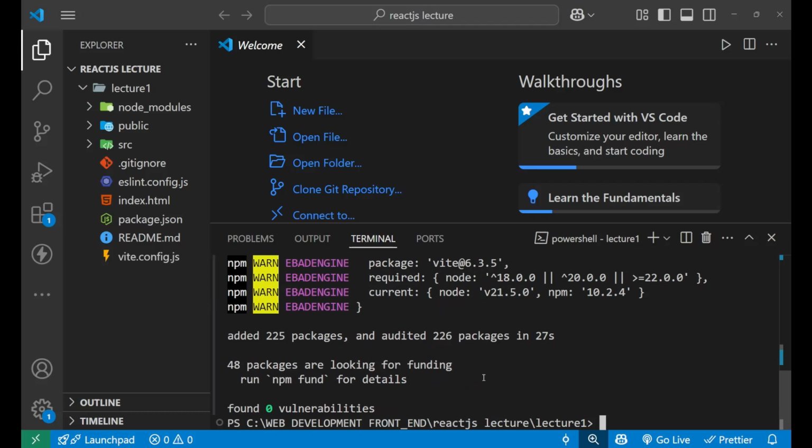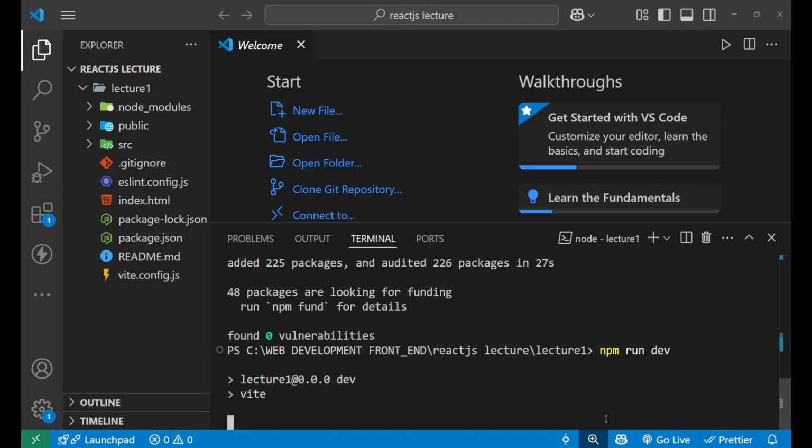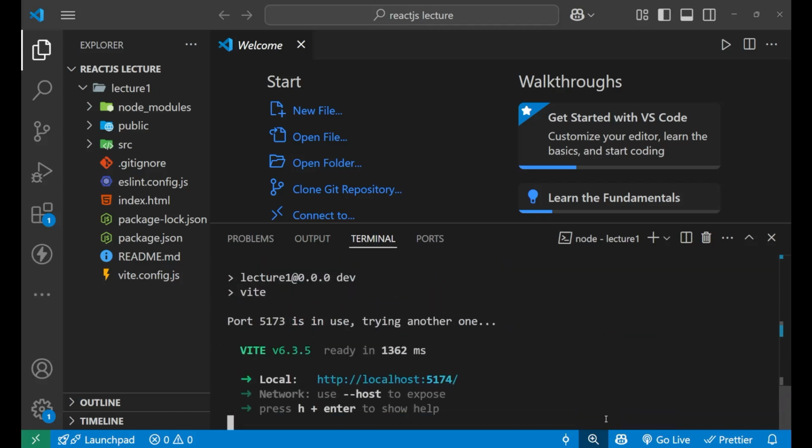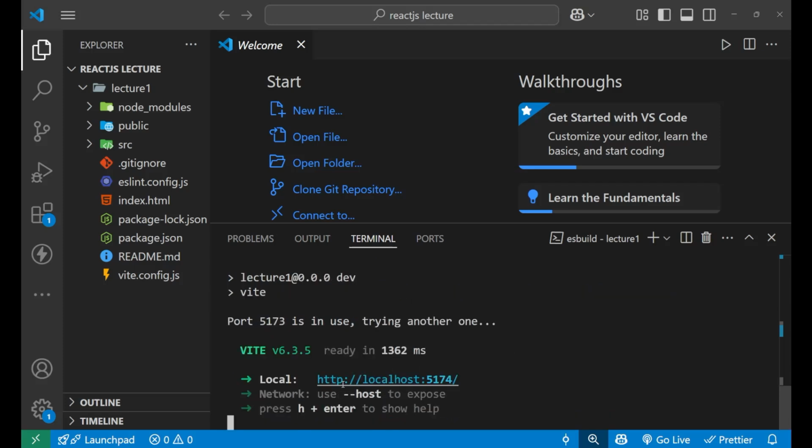And further, to start your React app, just simply write npm run dev and press enter. Now your React app is starting. It means whatever you can see here, this whole thing is starting a React app, creating a React app, and I am starting it by using the command npm run dev. Now simply go on this link,